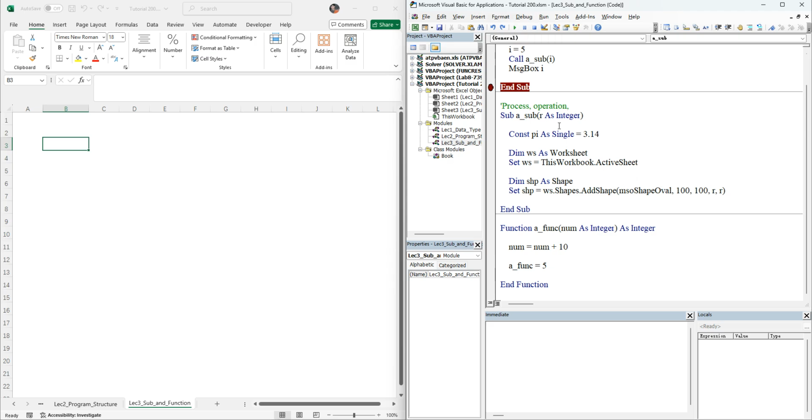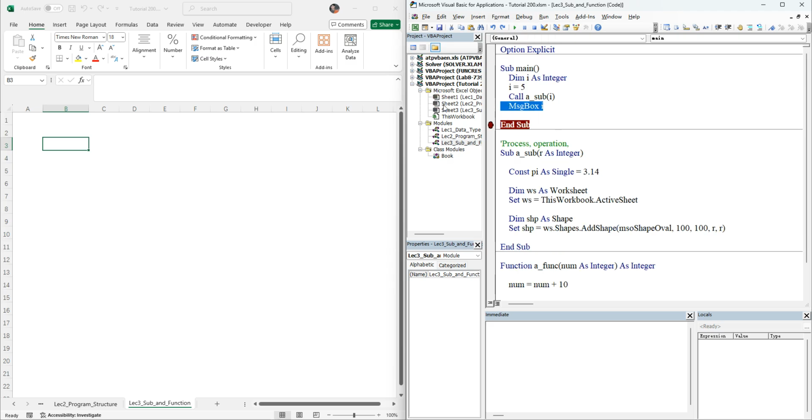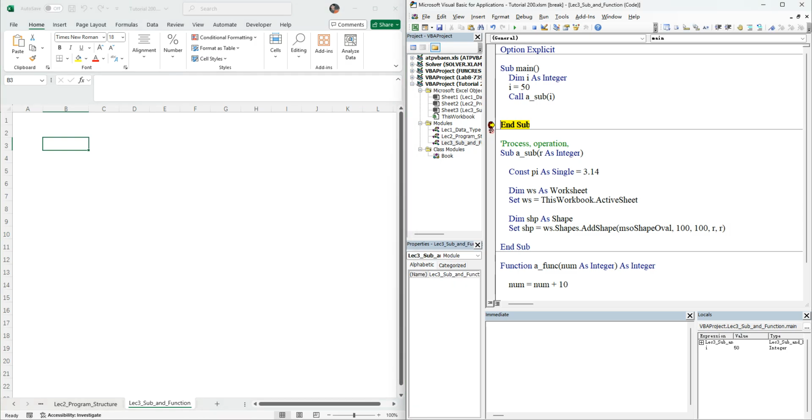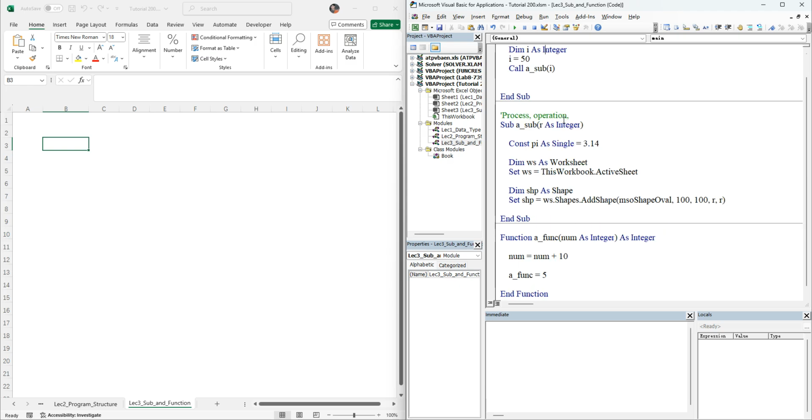Let's try it. So in here, I just call it. I have a radius, it's a 50. We go draw a circle here. It won't return any value. It only has this procedure, right? So it only does what I wanted to do. So this is what I wanted to say. But if I use func, I will say